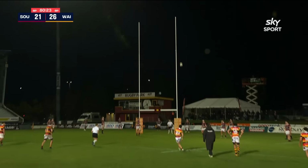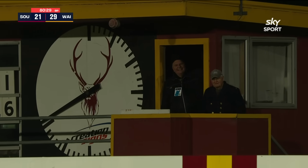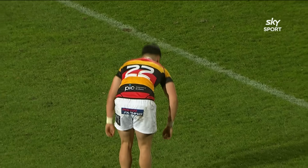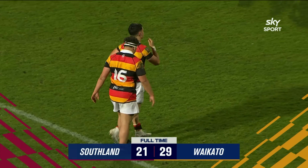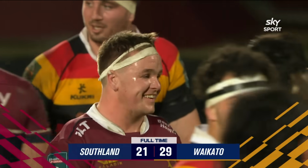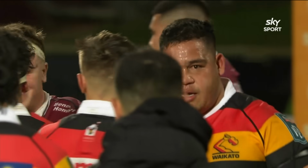Right, here's Kimura with this last penalty, and he's nailed it right down the middle. And that is the final whistle as well. So a late penalty goal, and Waikato scored their only points of the second half in the 80th minute, and they've come up with a victory by 29 points to 21. And get photos and autographs. Please, though, just wait until